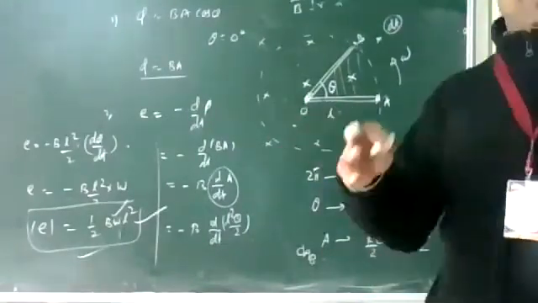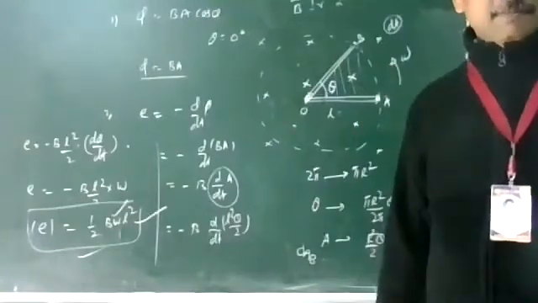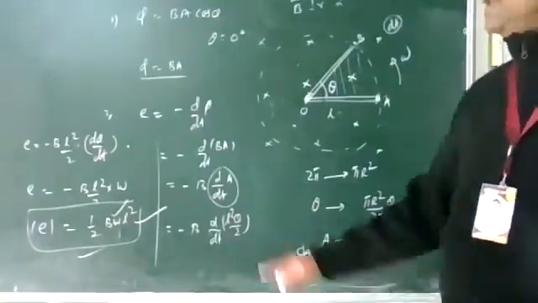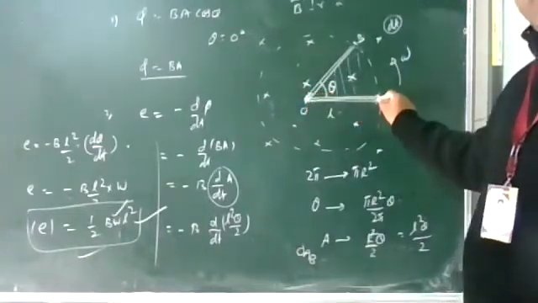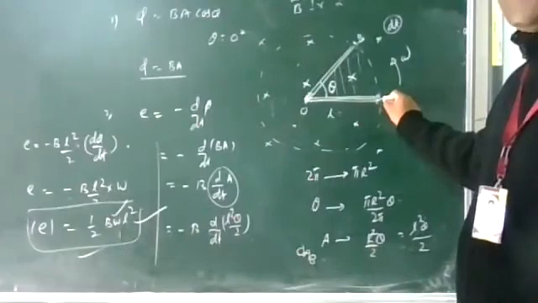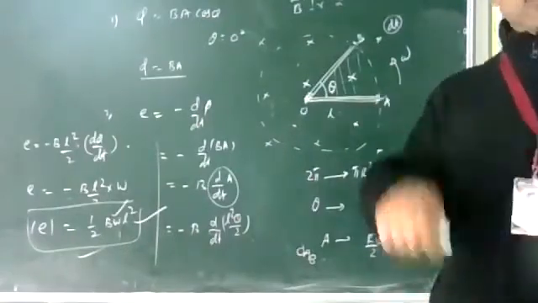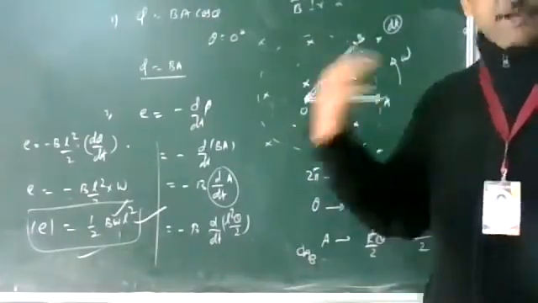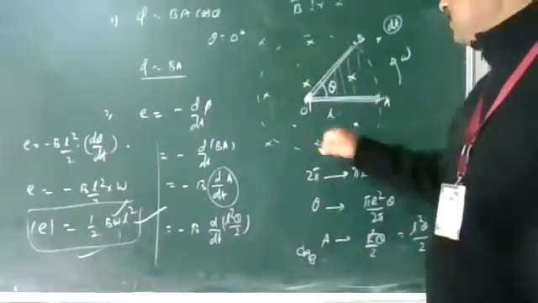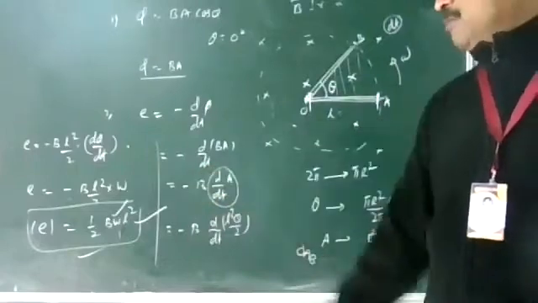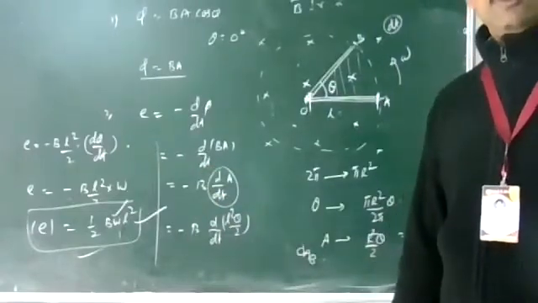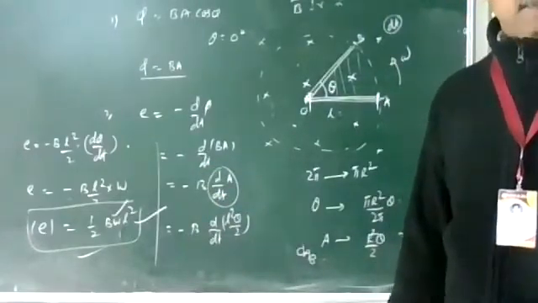Suppose, just like your cycle wheel, there is an axle, and many metallic spokes, steel rods, are connected here. If it is rotating in a horizontal magnetic field, you can see that between the axle point and the rim, an EMF is induced, given by half B omega L square. Very important. Refer to the numerical from NCERT for that.